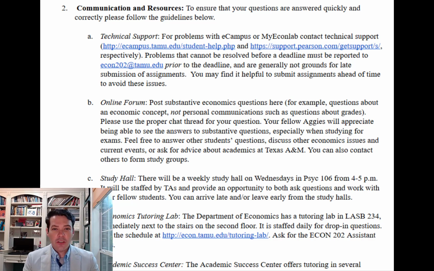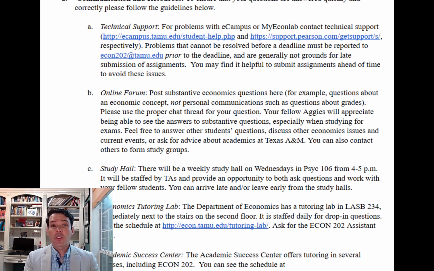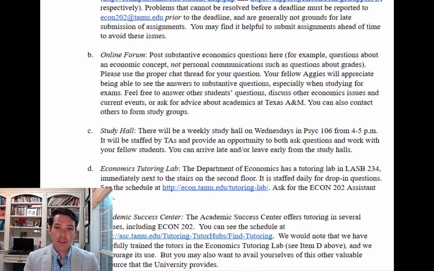I use this booking software called YouCanBook.me, which allows students to make appointments with me really easily. Now, it does make me sound like a fancy prostitute, but it's way more effective than that back and forth, oh, when can I see you? Oh, I have class then. Or me having to block out time where I'm available in my office where maybe nobody shows up and I'm just sitting there. Notice that we also have a dedicated email account for this course at